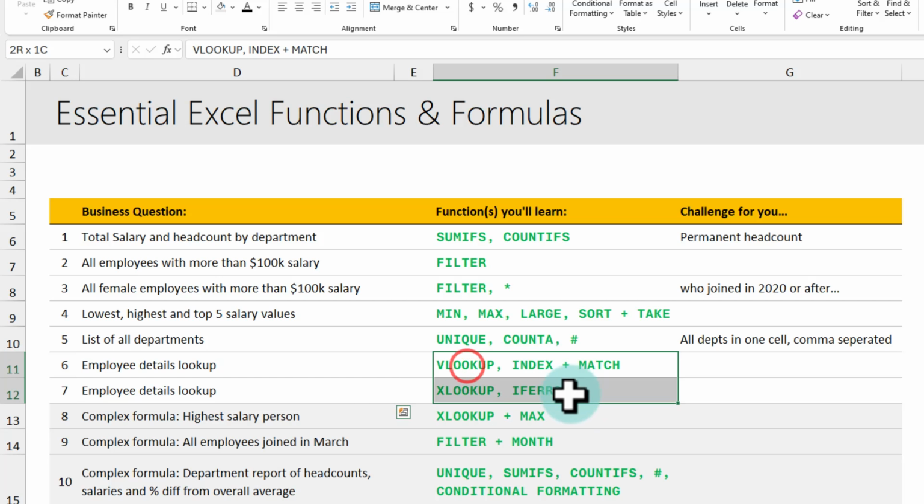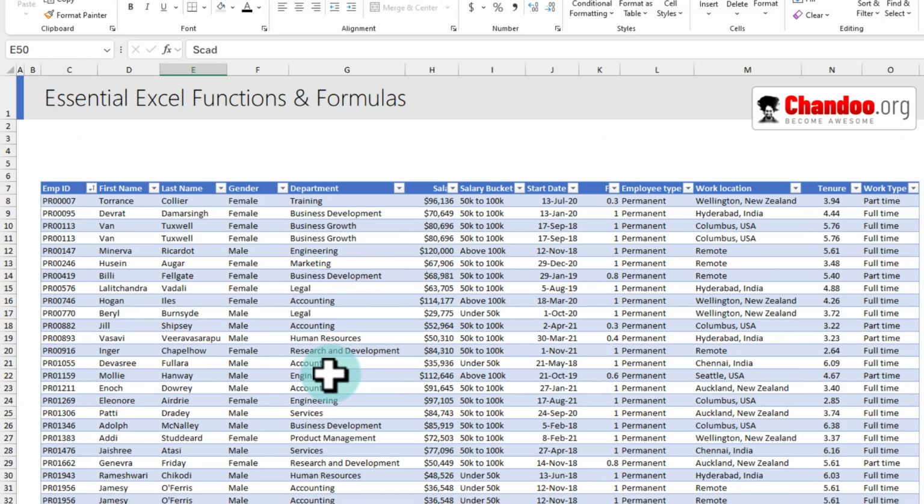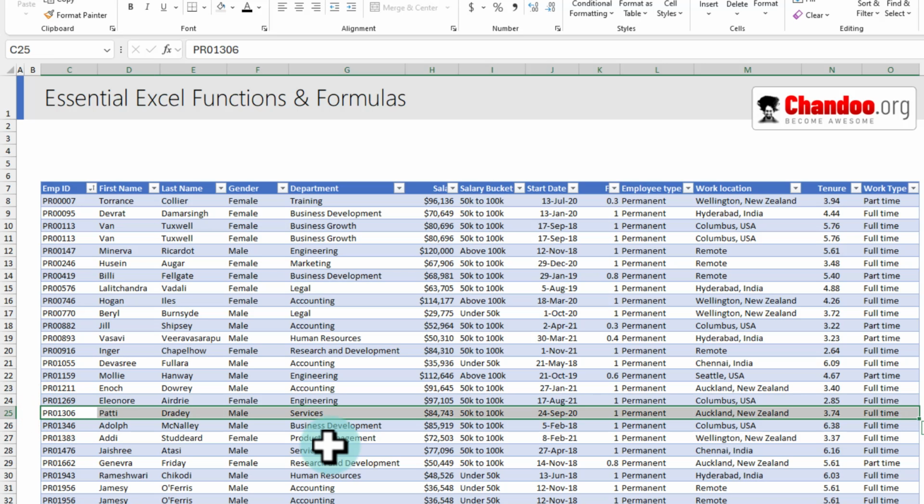And we are going to learn all of these formulas along the way: VLOOKUP, INDEX MATCH, XLOOKUP, and IFERROR. Let's say you are looking at your data and you want to find information about a specific employee. Maybe you have their last name or you have their employee ID. So maybe you want to look at this person,